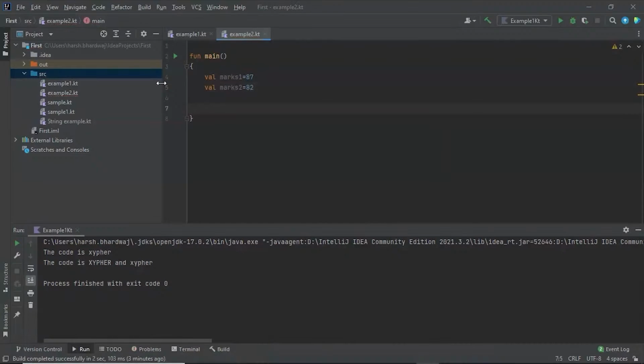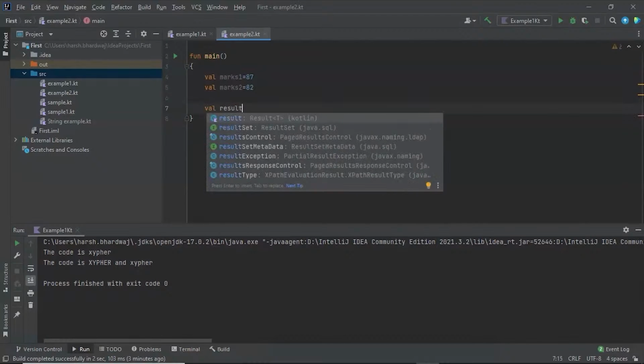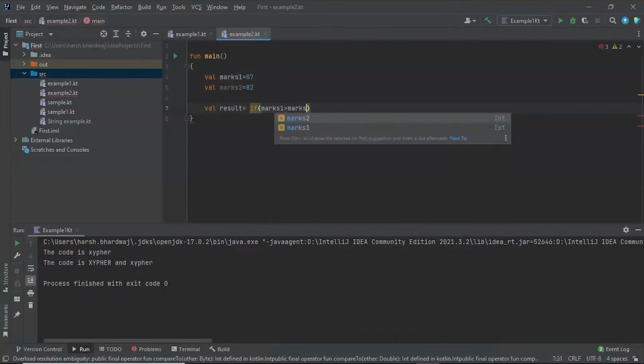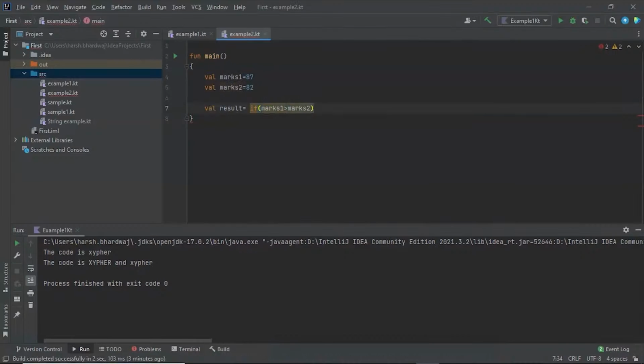Here we are using if-else as expressions. So what we'll do is we'll make a variable result and we'll store the value of if or else in that particular result, and then we'll display that particular variable, and let's say that variable is result. Here we will use if else as expressions. So val result equals if marks1 is greater than marks2, then in the bracket